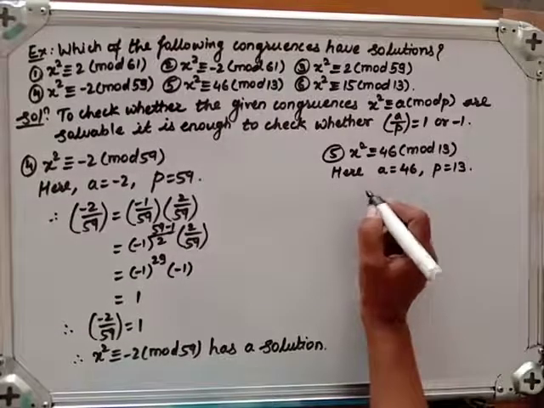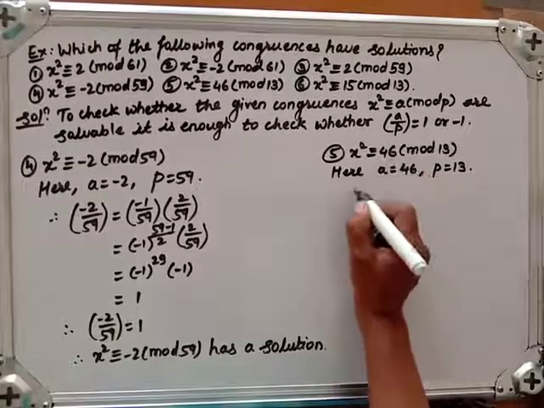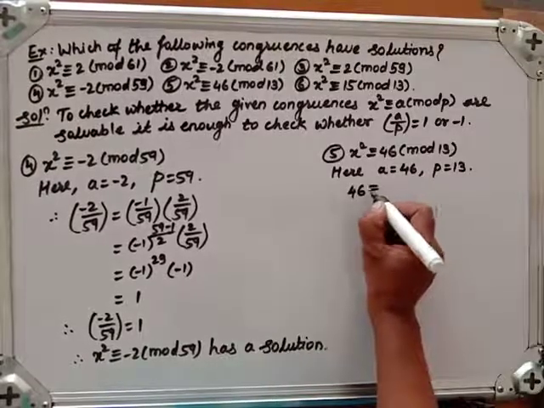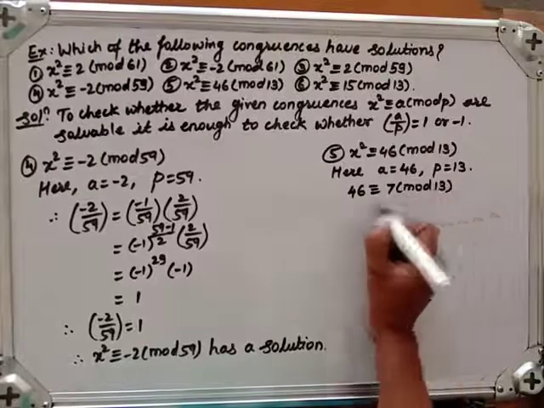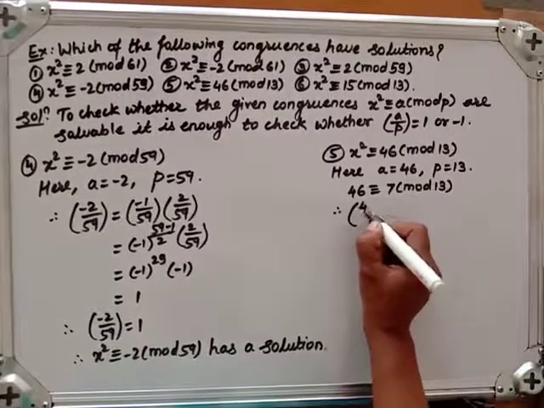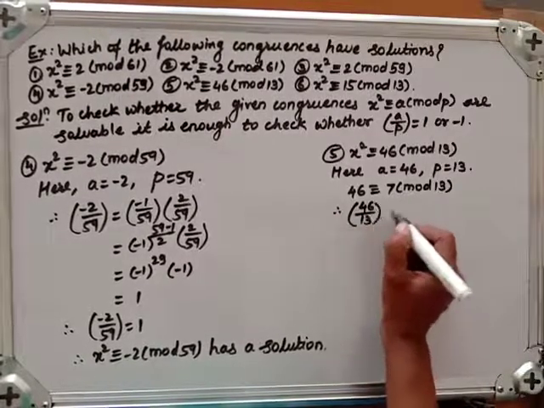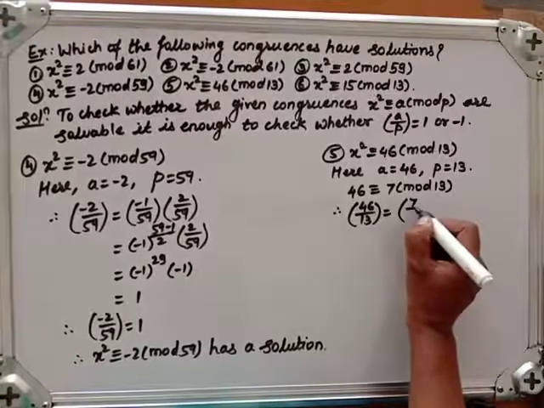So here we can reduce it first. We know 46 congruent to 7 modulo 13. Therefore this Legendre symbol of 46 by 13 can be written as it is equivalent to Legendre symbol of